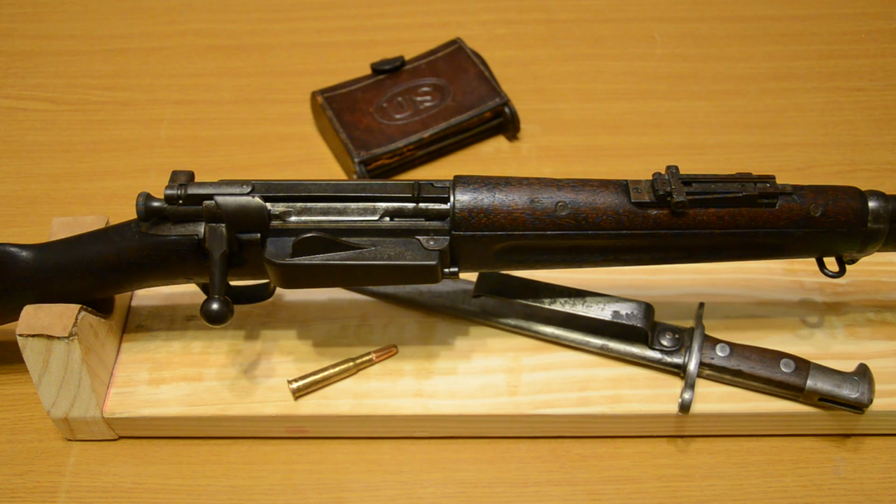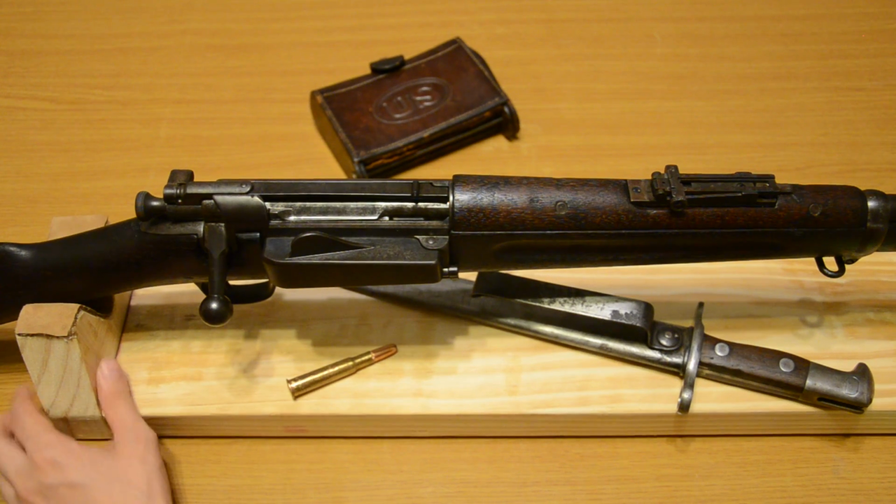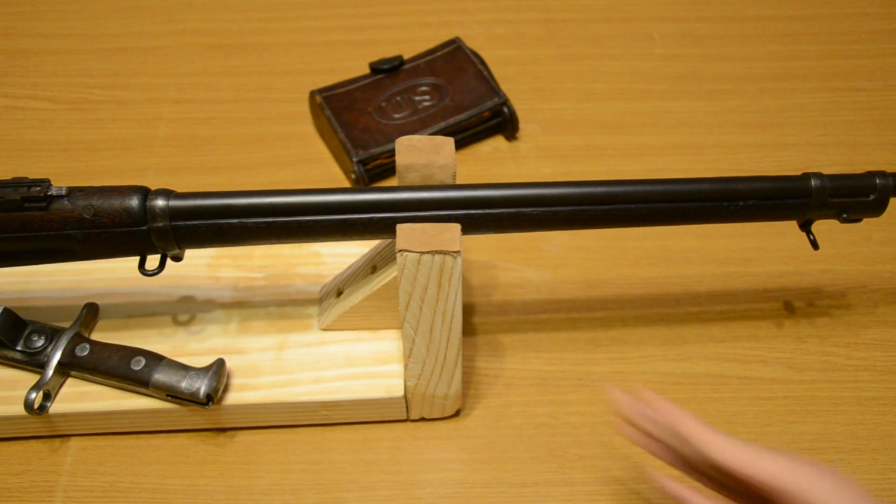So yeah, the Krag-Jorgensen is the U.S. rifle. There are different variations, alterations, modifications leading up from 1892 to 1898, and then eventually succeeded by the Springfield 1903. This particular model is the 1896, as it says on the receiver on the other side, and the serial number puts it around mid 1897, but that's only from one source, and I really can't confirm or deny that, but just put it out there. And the gun itself is in its original configuration. That's basically one of the most important reasons why I got it, is that it still retains the full-length 30-inch barrel,